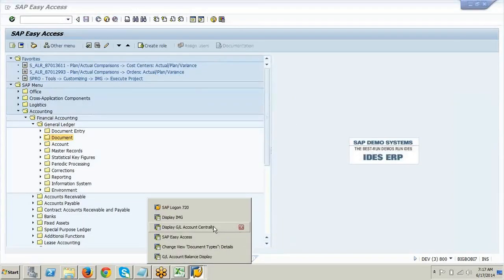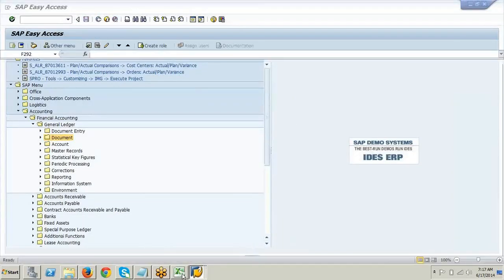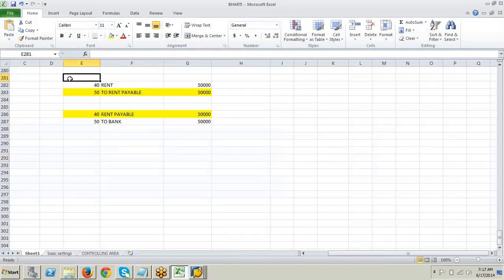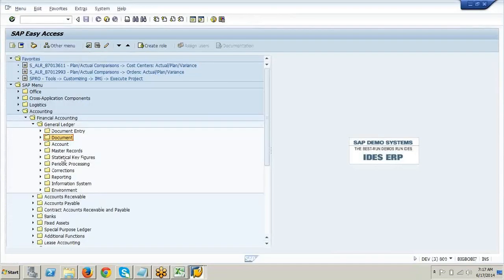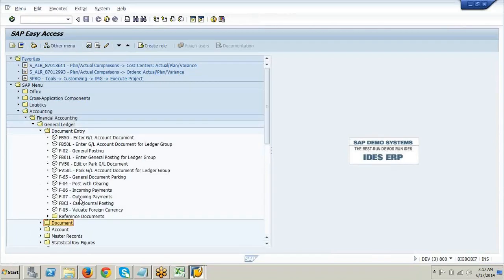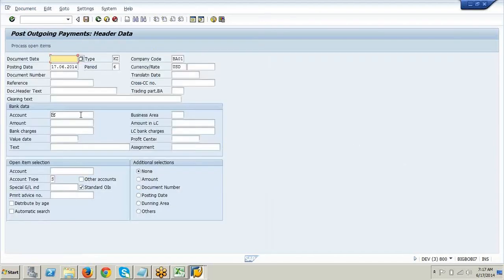So how do we clear this invoice? I showed you this, right? I posted this through F-02 now. Clearing of the invoice, I do it through F-07. Making the payment, see here. I'm making a payment, outgoing payment, F-07. Automatic.